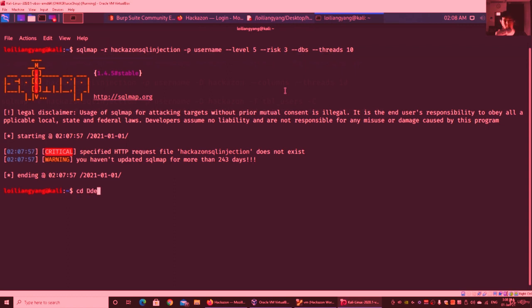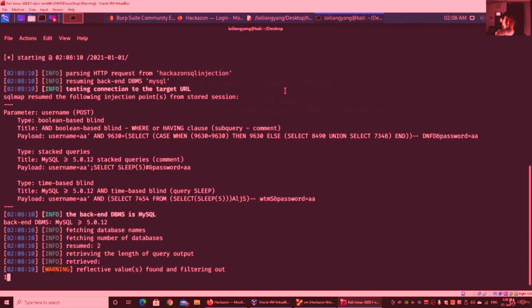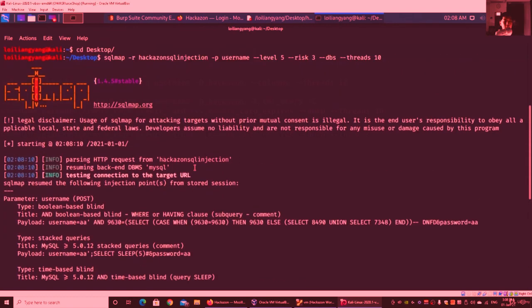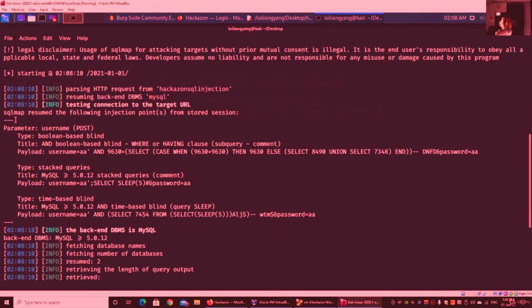Let me cd to desktop. I've saved the file onto the desktop folder. So now we can rerun the instruction again. Hit enter on that. And over here immediately we can find out more information. It states the following: SQL map resume the following injection. If you're doing it for the first time, it's going to take a while because it's trying all sorts of attacks. And in this case, we have Boolean based blind,